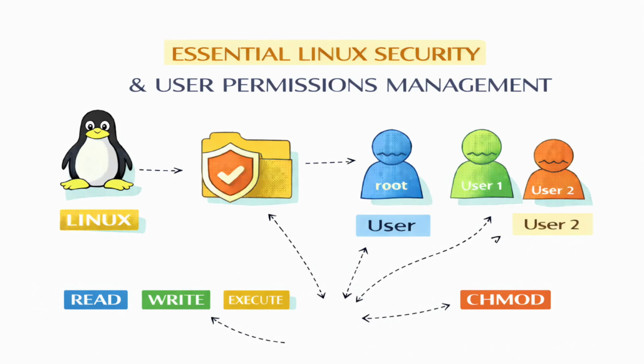Absolutely. And finally, we should quickly touch on the simplest security measure, which is just denying access entirely. Right. Sometimes you just want to lock an account, and the sources show a simple way to do that. If you place an invalid or non-hashable value in the password field of /etc/shadow, you effectively lock that account. No password can ever generate a matching hash. And this is often how the root account itself is disabled on systems that prefer sudo.